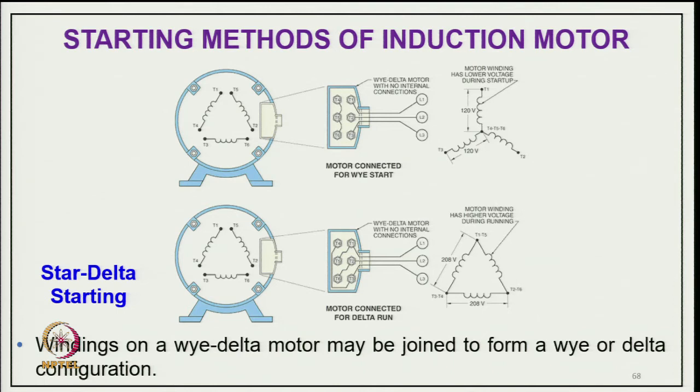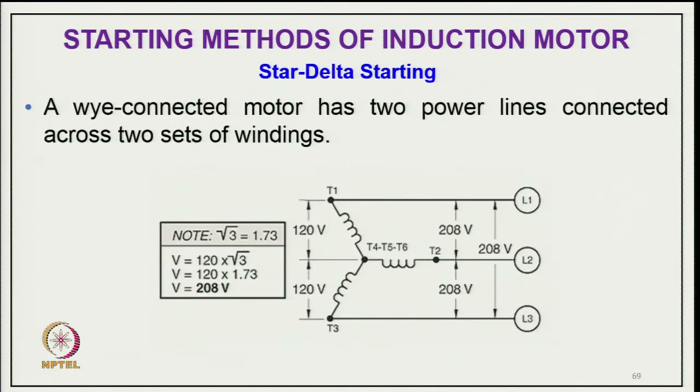to 1 by 3. In delta, when we connect finally, the voltage across the phase winding increases by root 3 and the phase current of course remains, but the line current increases further root 3 times because of this star to delta conversion. So, it means in starting, the current is 1/3, and torque is also reduced to 1/3 here, because torque is proportional to voltage square. So, voltage is reduced to 1 by root 3, but torque will reduce to 1 by root 3 square, that is